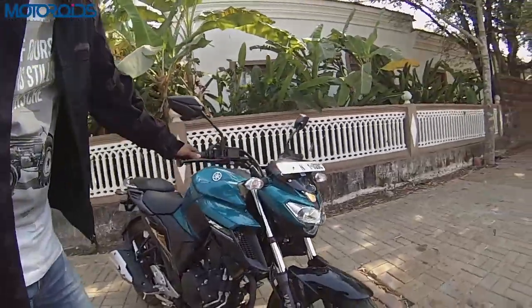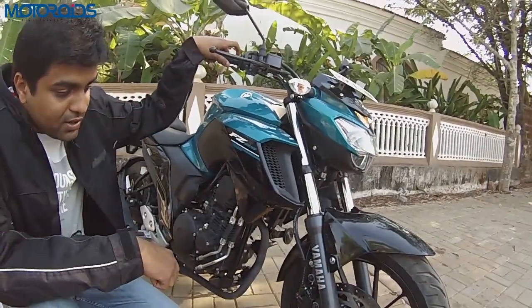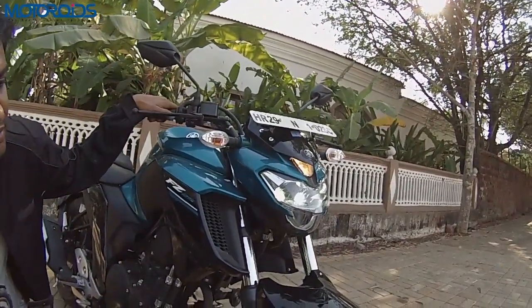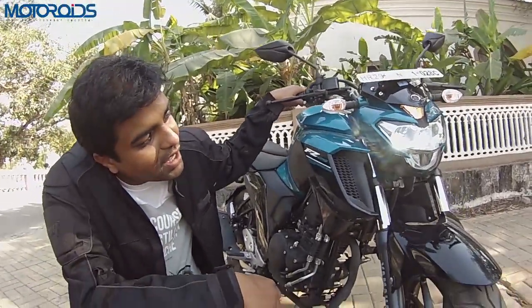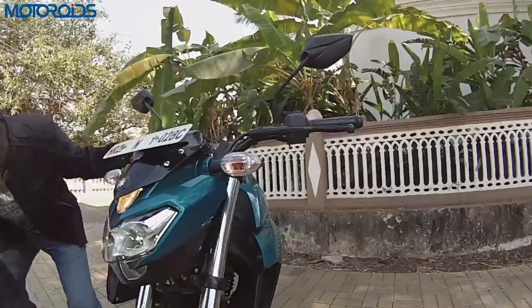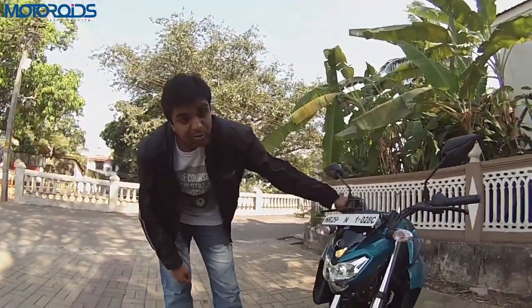What you get on this bike is fuel injection, 282 mm front disc brake, beefy forks, LED lights up front that puts it in the Dominar territory, but this one doesn't get as many diodes. So illumination, we aren't sure, must be bright, but we'll have to check it in the night. It comes with an auto headlight on feature, so you don't have a manual button to flick it on or